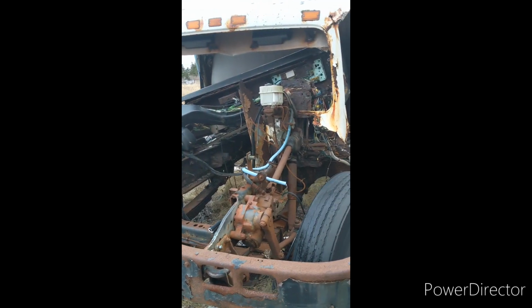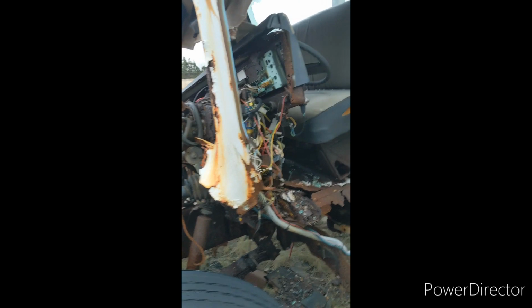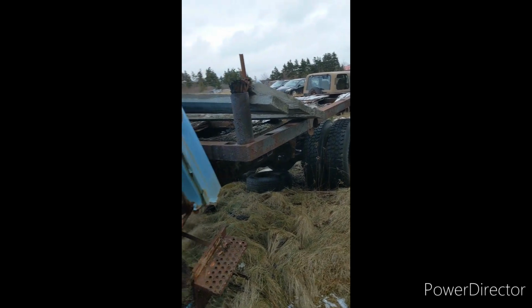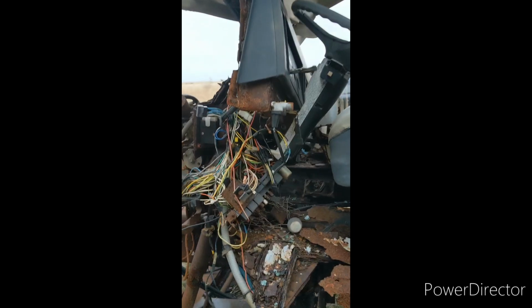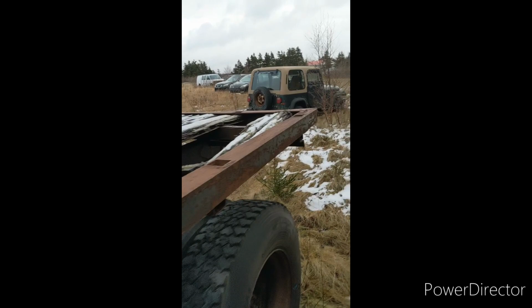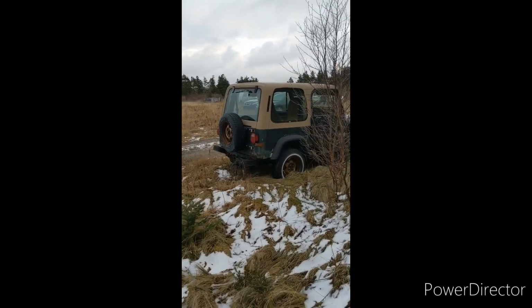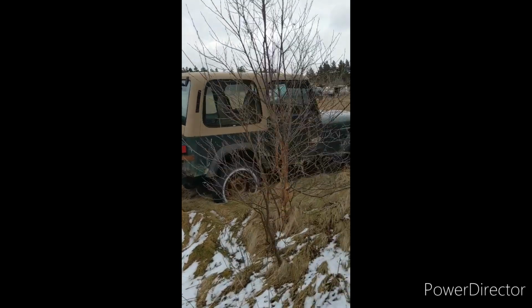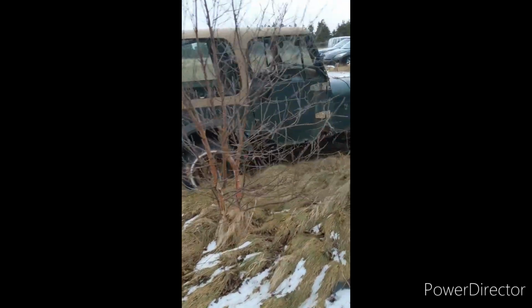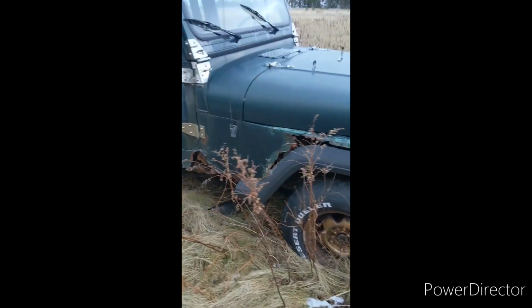Alright. Found some more rigs. Start with this one. Old single axle. She had her days, that's for sure. Old Jeep there, which is rotted worse than most of the other vehicles here. She's really rough. I suppose if you squint, she's mint, but